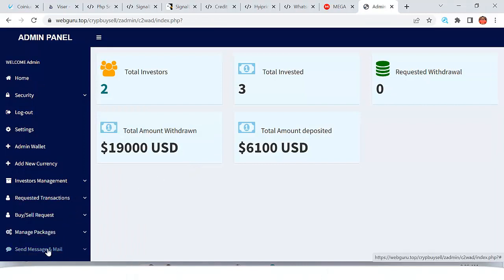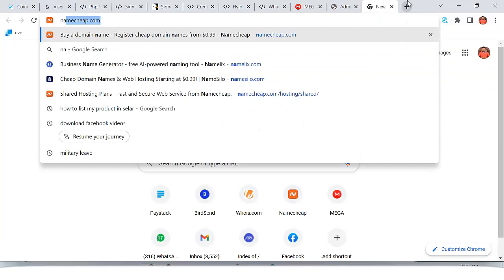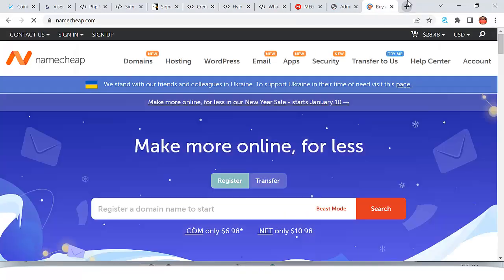So I'm just going to show you how you can easily get this website designed and developed in less than 30 minutes, right? And you can charge your client between $1,000 to $5,000 to get this kind of website done for them. And as you can see, the website is sleek, beautiful, well designed, with every activity working perfectly well, right? So for you to design this kind of website, the first thing you need to do is purchase the domain name and host it, right? And I highly recommend that you purchase your domain name and hosting